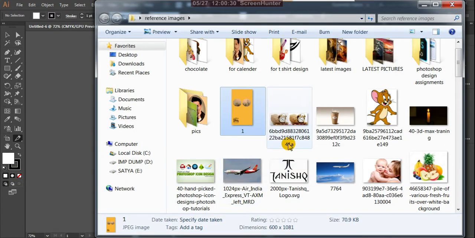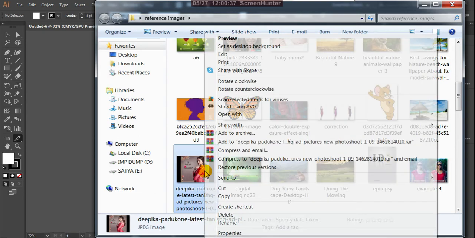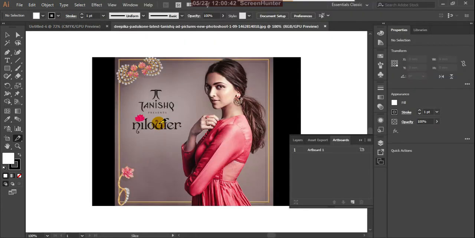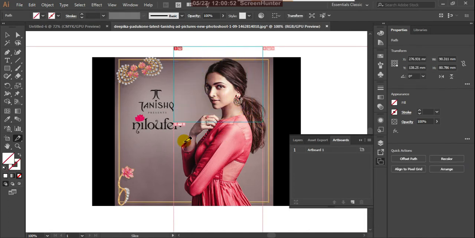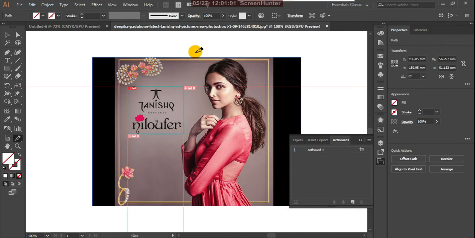Okay, this is the image. Select this tool. Okay, and suppose you can cut this. Control Z. You can cut this, and again you also cut this.